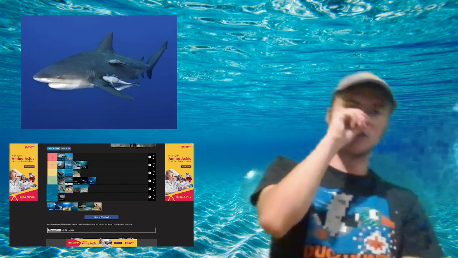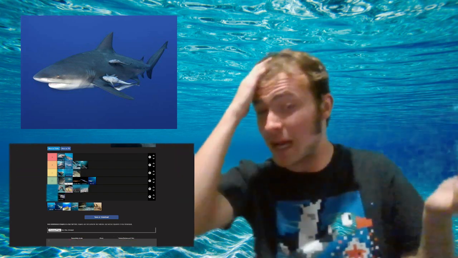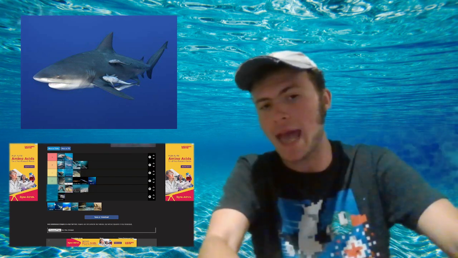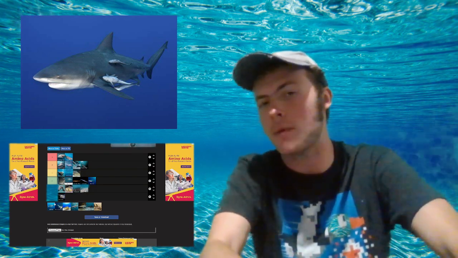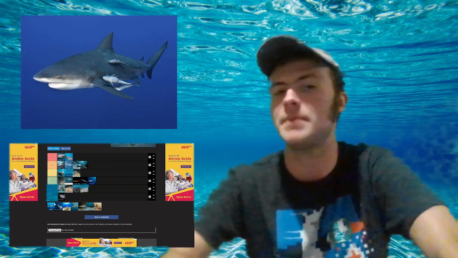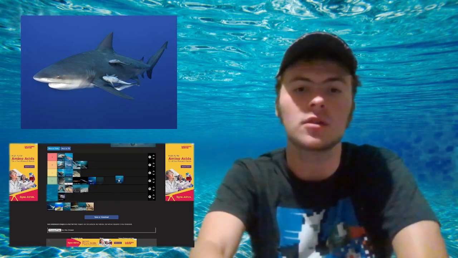Next up is the bull shark. The bull shark, I'm not a big fan of, to be honest. The bull shark is responsible for most human deaths of any shark, and it is notorious for being able to swim in fresh water. There have been reports of bull sharks living in gulfs, swimming up rivers, and being in freshwater rivers. That's very scary. I'm going to give the bull shark...